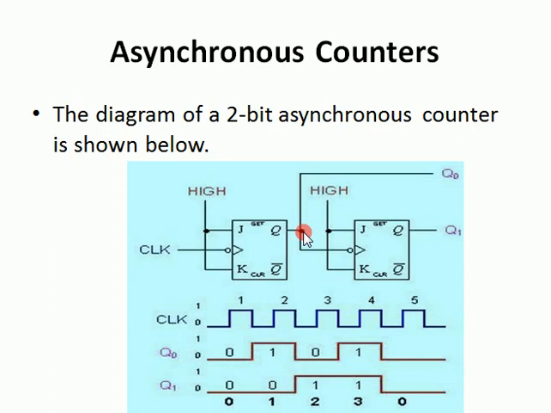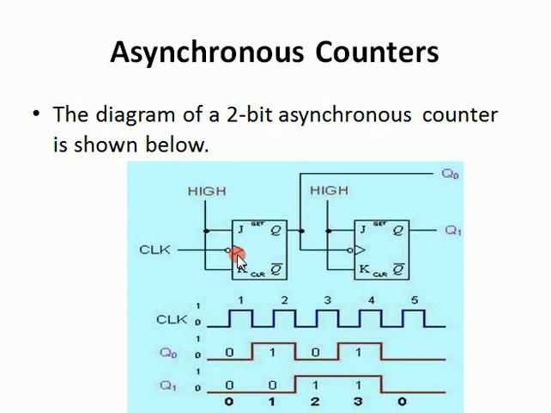One more thing, you see that there are two symbols here. The first one is this arrow and the second one is this bubble. This arrow shows that the flip-flop transition is occurring, or you may say that the triggering is occurring, at the edge. While we have edge triggering, this flip-flop will be triggered. As we discussed in the last lecture, the basic difference between the latch and the flip-flop is this: the flip-flop is edge triggered, while the latch is a level triggered memory unit.